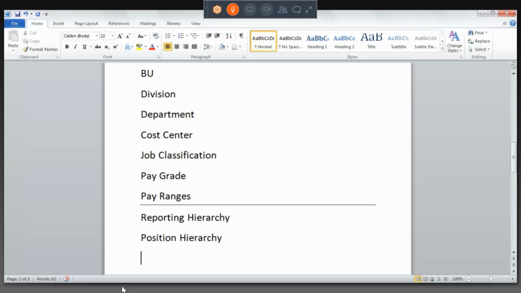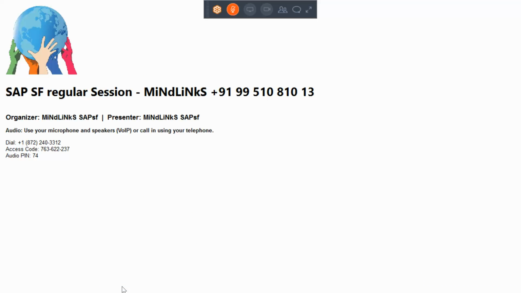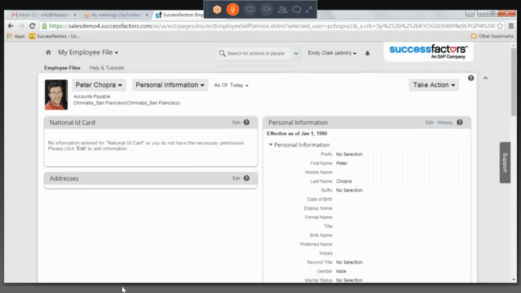So that means whenever you want to create a manager, it should be through the position. The parent position becomes your manager. There are a couple of things that I will show you in the system so that you can understand. So first, in order to create positions or see positions,